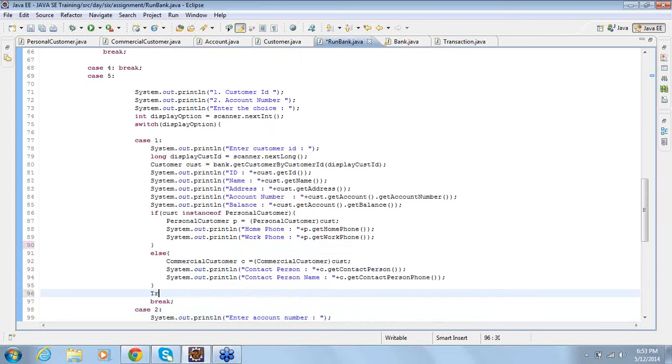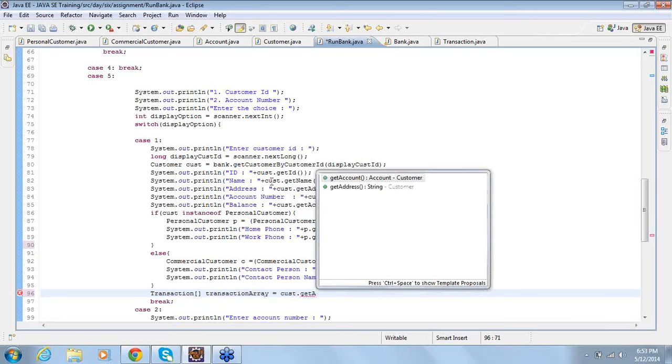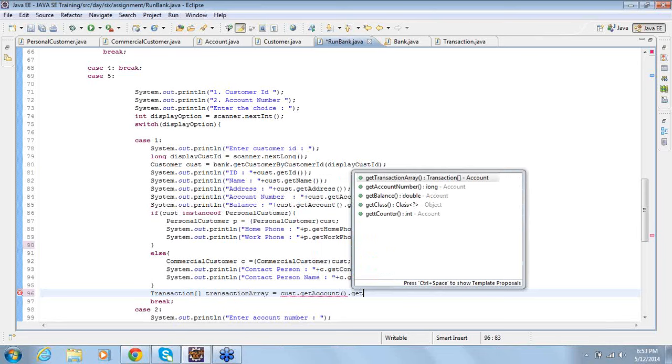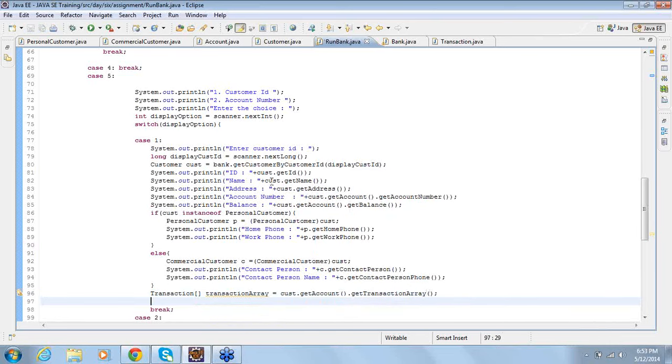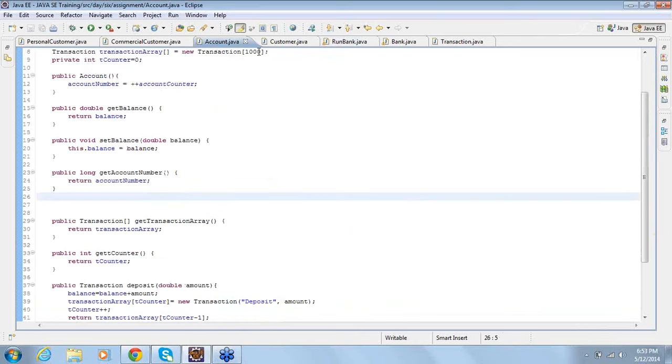If you want to display the transaction details, the object cust, get account, get transaction array. But I don't want to navigate the array till 1000 because what is the size of the transaction array? 1000.